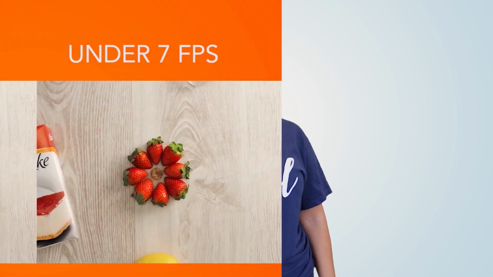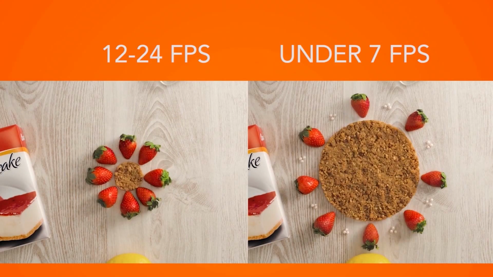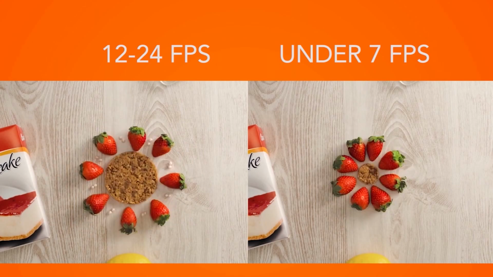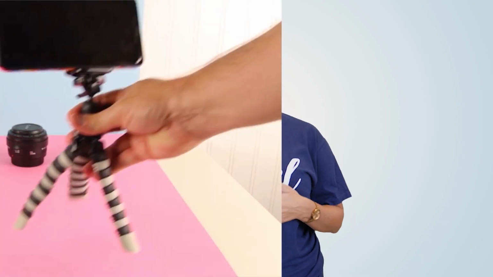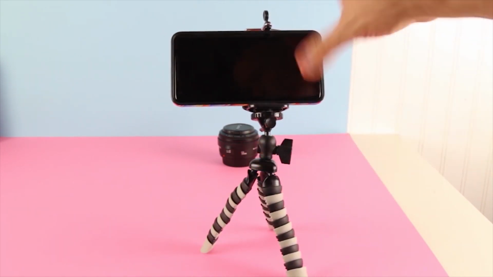But if you're limited on time and looking to create a more simple stop-motion, you can consider using 7 to 10 frames per second, but anything less than 7 frames per second won't result in a quality video. Now, let's talk about the camera. You can use a smartphone if you're restricted on budget.